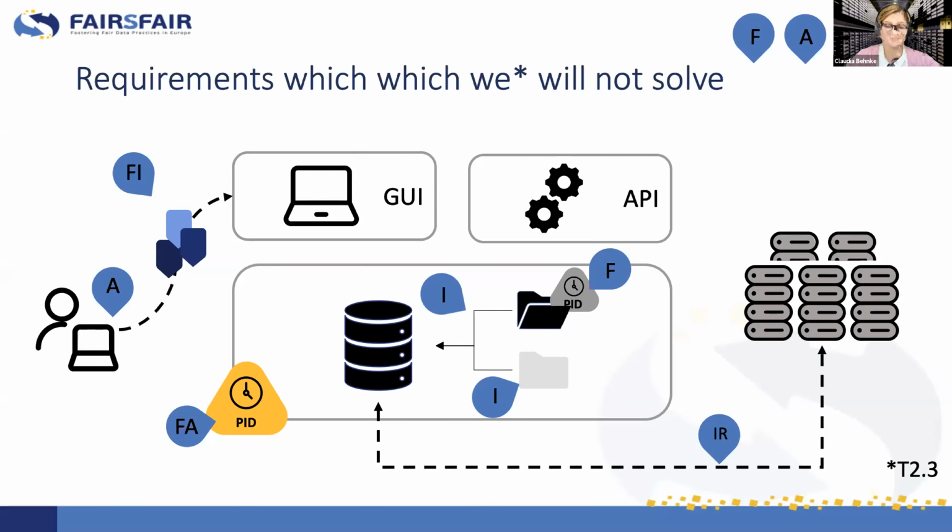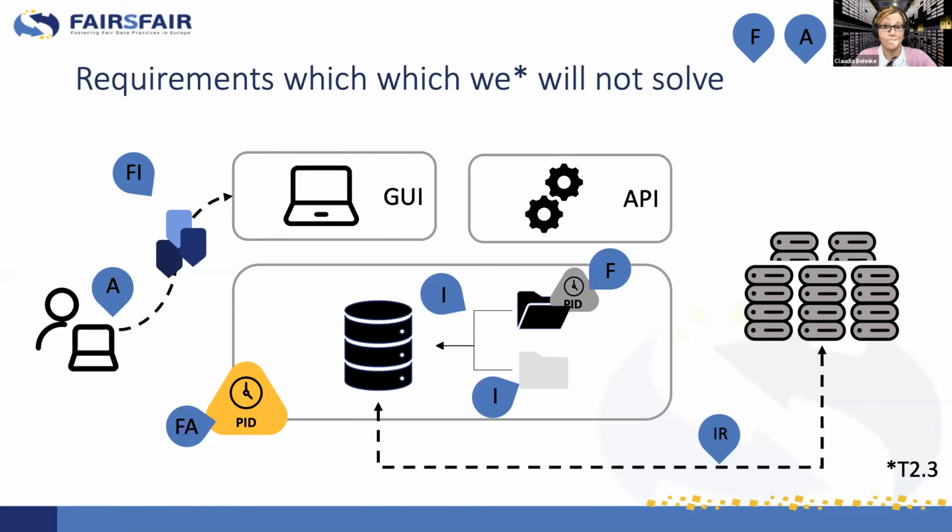And the last one, which I want to mention here, which would include the interoperability and reusability of a data set, is the connection between data repositories and compute infrastructures. The idea was that if you can avoid that an object needs to be first downloaded and then uploaded again in a compute infrastructure, then this data set does not necessarily need to be modified. So this is also something that was mentioned as a requirement.